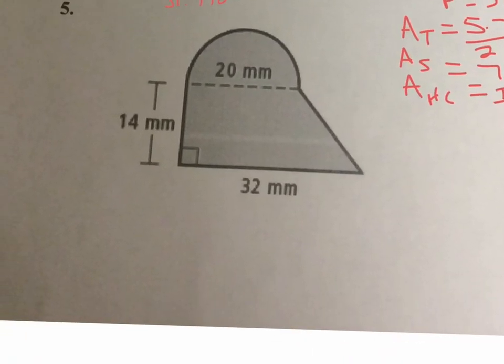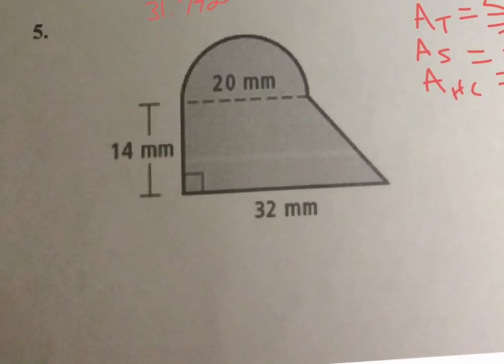Okay, so we have two shapes. We have to find the perimeter first. So let's go ahead and find the perimeter. So this is 14. We know that. We can find this by doing our circumference again. And it's a half circle, so I'm going to divide by 2. And it's 2 pi r. So 2 times pi times radius. The whole thing's 20, so half of that would be 10. Divide by 2. So I get 10 pi,